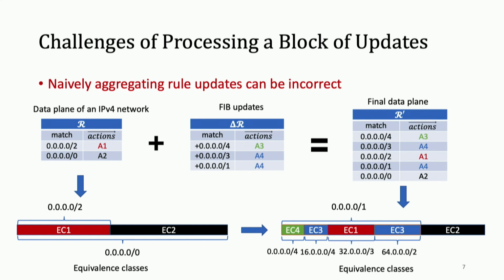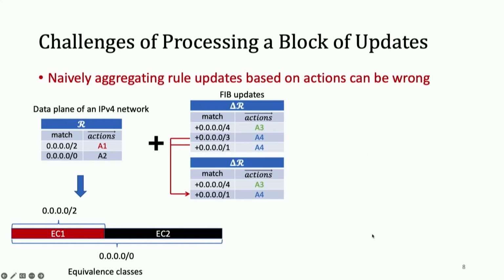And to manually craft the correct composition, we will prefer the more specific prefix rules first, so that the equivalence class, the header space, gets carved out into smaller pieces. And at the end, the correct composition is that it will end up with 5 equivalence classes, as shown here at the very bottom. So how do we achieve that?